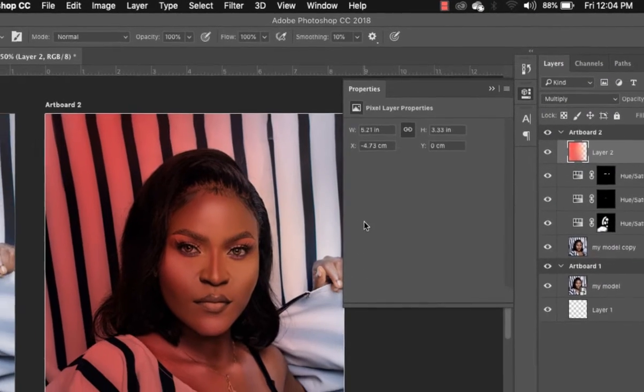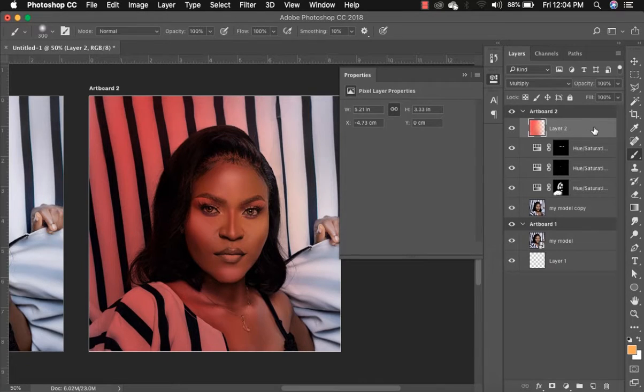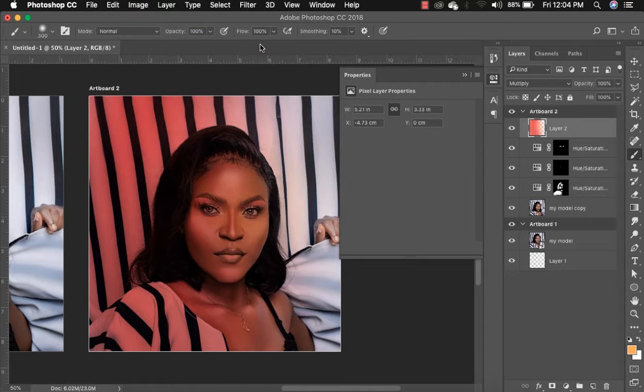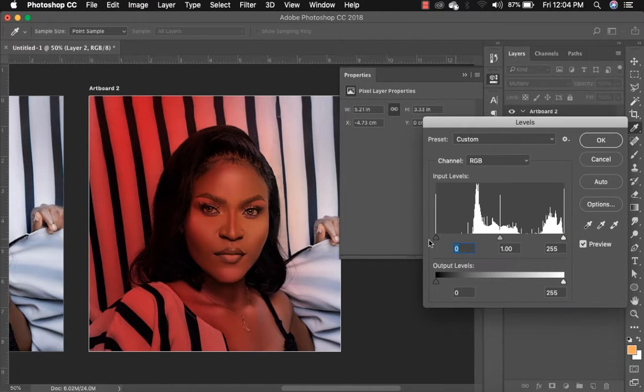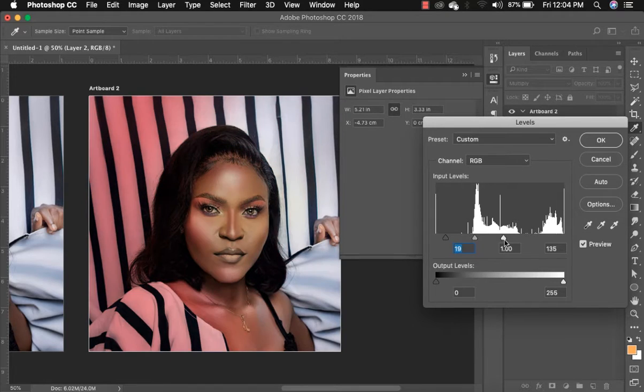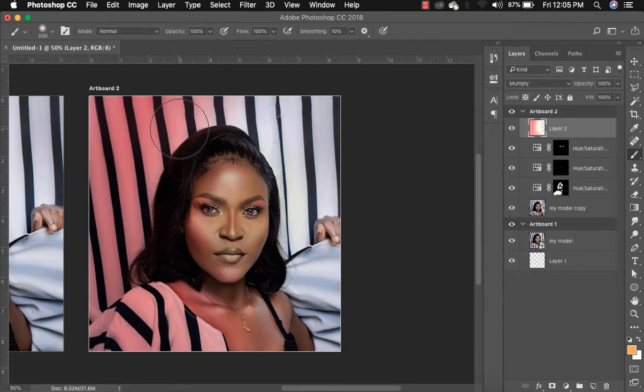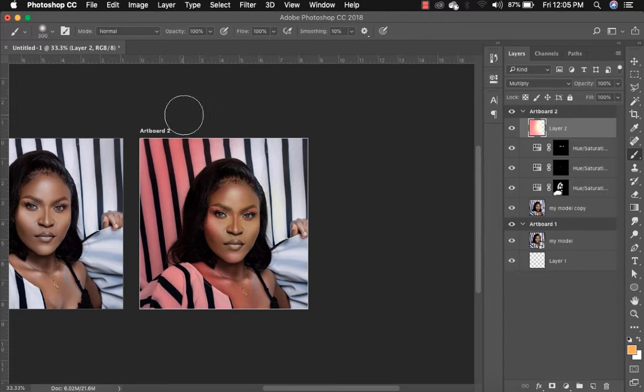So let's go back to multiply with layer 2 selected. Go to image adjustment and do levels, click on levels, and then we adjust the darkness and the lights, lighten up a bit. Press OK and hide the property. You can play around with the layer by erasing some parts you don't really like out, or you create some kind